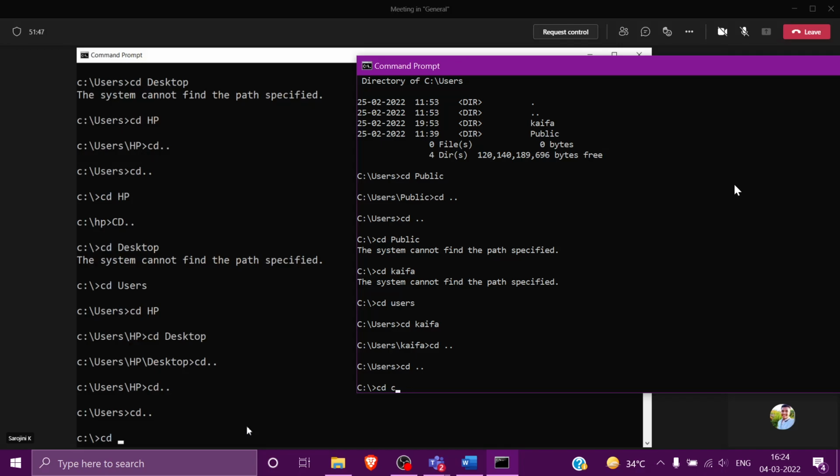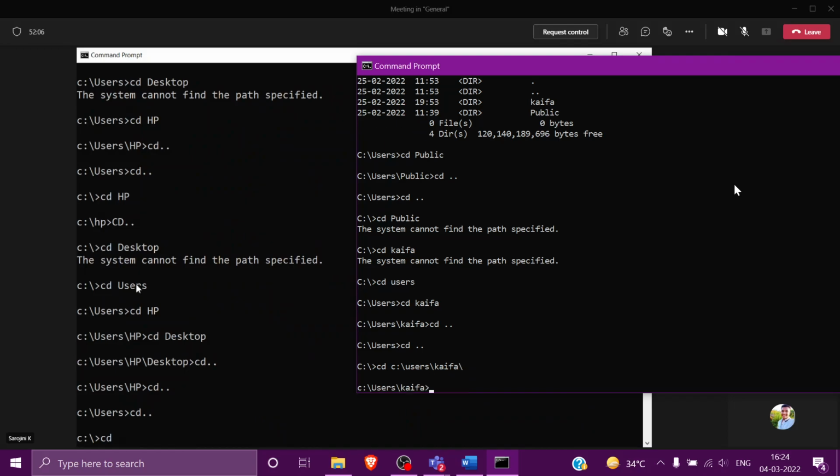Being in C drive, I typed users. This is a directory name. The CD is a command, and users is the path where I have to go. But which path is this? This is the